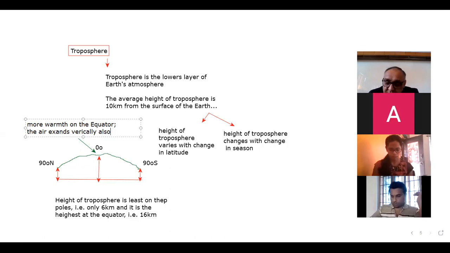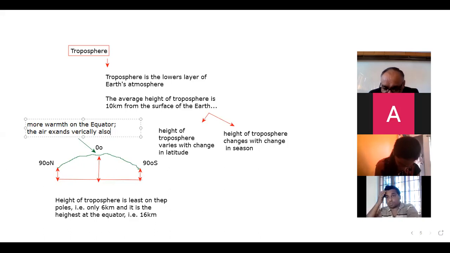So this is the reason: the temperature difference at the poles and at the equator. Temperature remains higher at the equator as compared to that at the poles. Due to the higher temperature at the equator, vertical as well as horizontal expansion of air takes place, and due to the horizontal expansion of air,